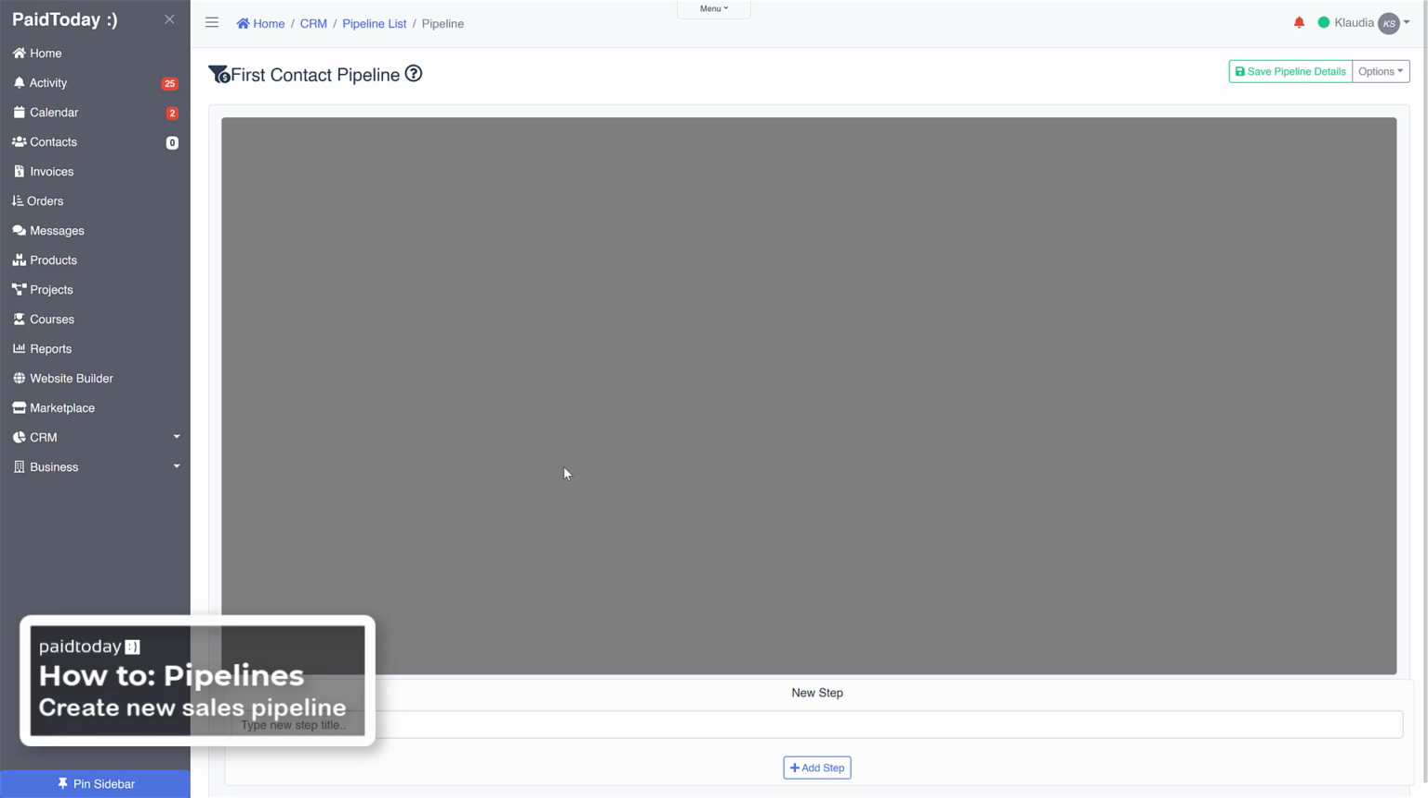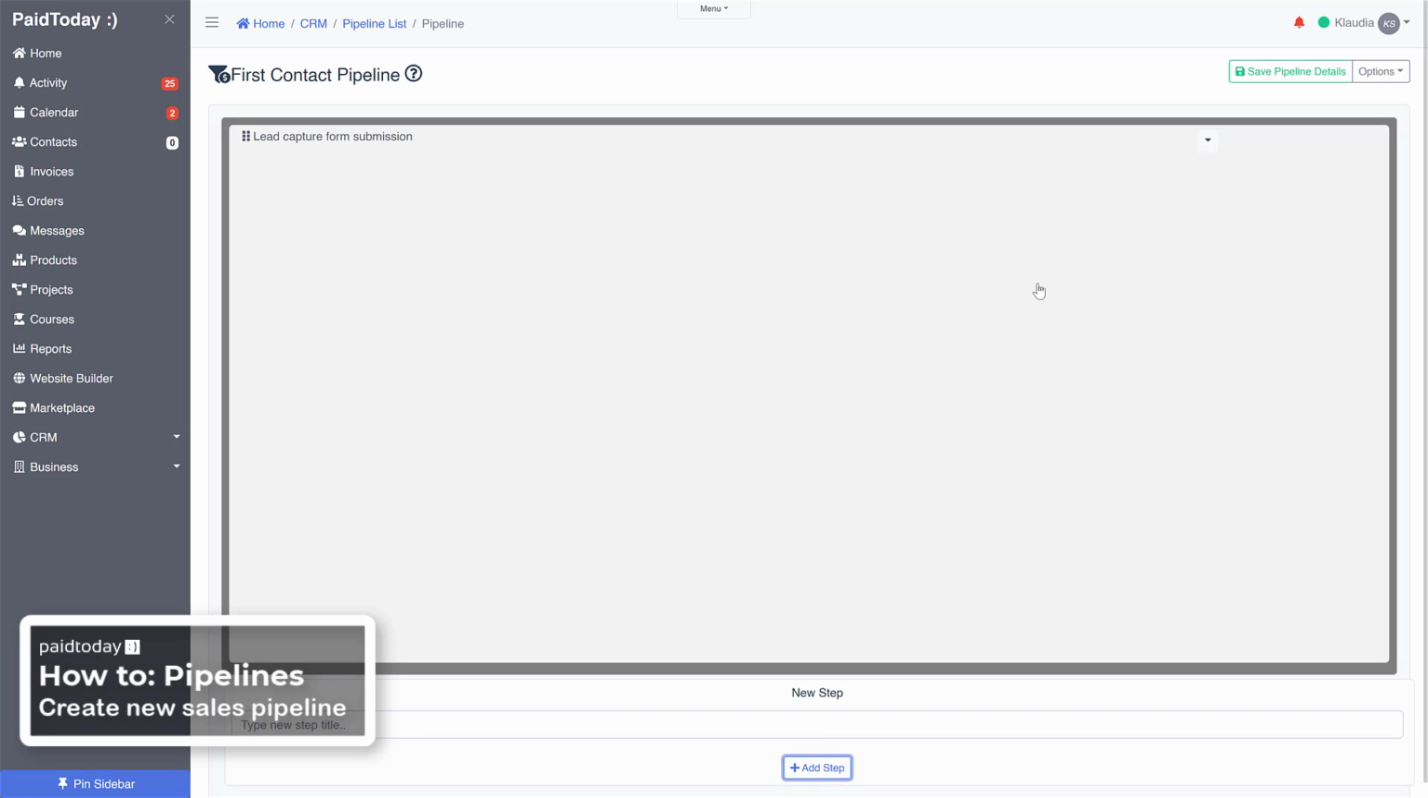Now pipelines consist of steps, and each step is kind of like a milestone in our sales process, or whatever your key factors are to track your clients as they move from a prospect to a customer and beyond, whatever you want this to be. So let's just say they submitted on our lead capture form. Lead capture form submission, and then we'll click add step. And so we've got one there, and then we're going to add another step, and let's say